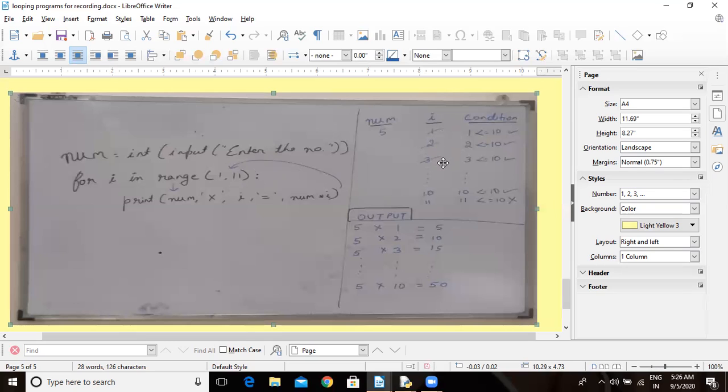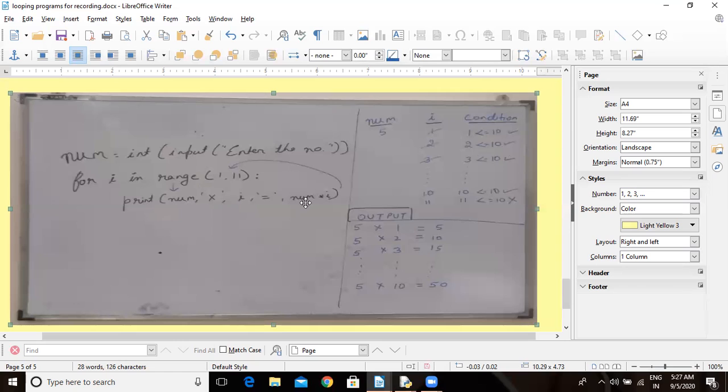Here you can see on the right hand side, now in the second iteration, the value of I is automatically incremented internally and its value is 2. The condition will also be checked internally. Is 2 less than or equal to 10? 10 is the upper limit and the value of I is 2. Yes, of course it is. The condition is true. Once the condition is true, you will enter the body of the loop.